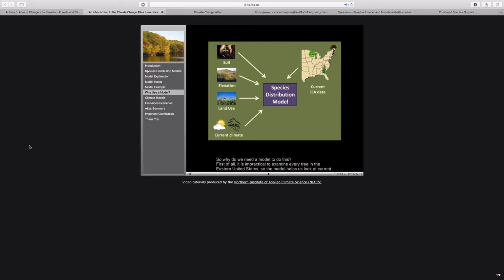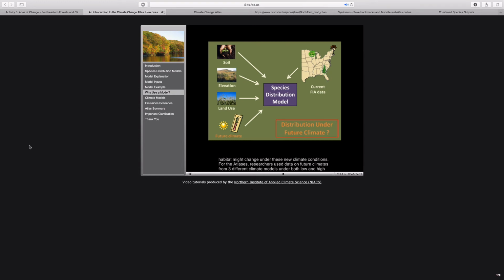First of all, it's impractical to examine every tree in the eastern United States, so the model helps us look at current suitable habitat over a large area. Second, the model becomes very useful in trying to project what will happen in the future. With the model's relationships in place, researchers can substitute climate data projected for the year 2100 in place of current climate data. This way, we can use the model to see how potential suitable tree habitat might change under these